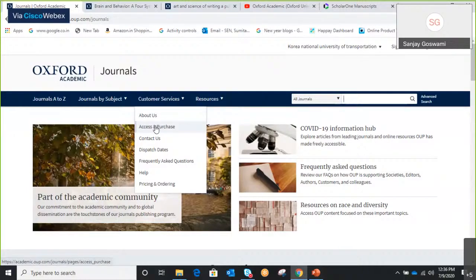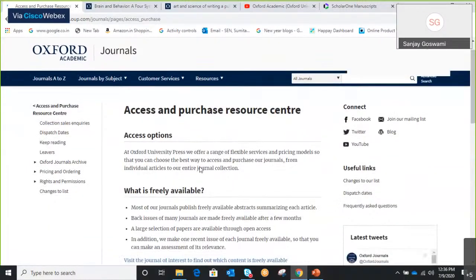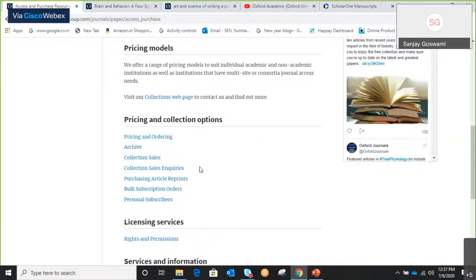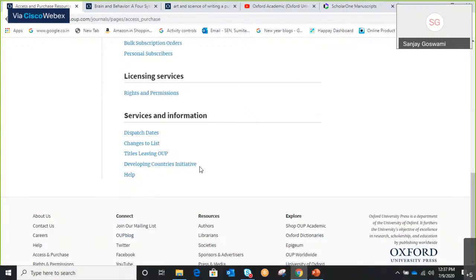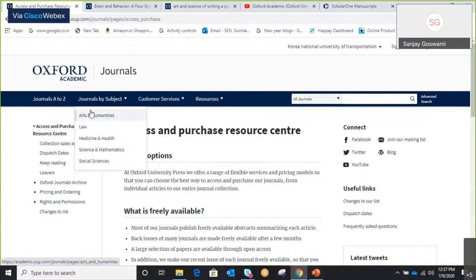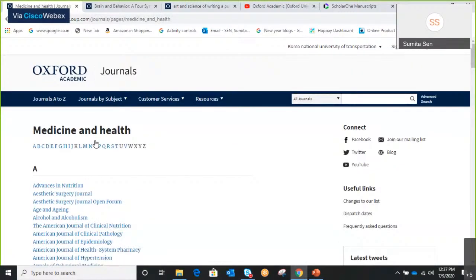Next question is, since we have been asked by our institution to publish research articles only in titles indexed in Scopus or SCI, would you highlight the specifics of OUP journals in this context? Which means, which of the OUP journals are in Scopus? I will not be able to give you the names per se, but if you download the Scopus Excel sheet from there, that's how I get it. You actually get a list of all.